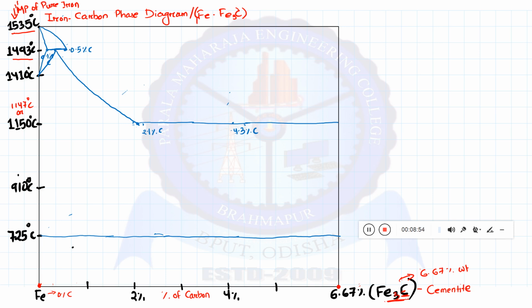and from 0.5 percentage of carbon another boundary will be extended up to 4.3 percentage of carbon, and this is another boundary which is extended up to 6.67 percentage of Fe3C. And as you can see, this 6.67 percentage of carbon, or basically the intermetallic compound, is another phase. As it is a compound, it will be considered as another phase, that is having 6.67 percentage of carbon. Okay, so here at 725 degree Celsius,